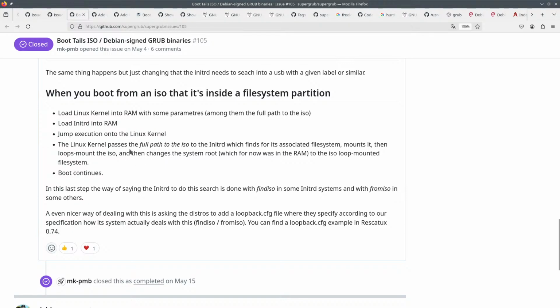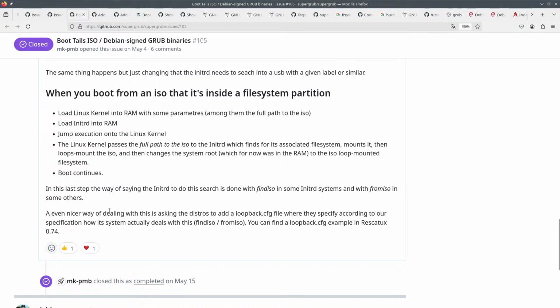The Linux kernel passes the full path to the ISO to the init.rd. Then init.rd checks for the system file systems, mounts it, and then loop mounts the ISO. Then it changes the system root, which was in the RAM, to the loop-mounted ISO file system, and then the boot continues.